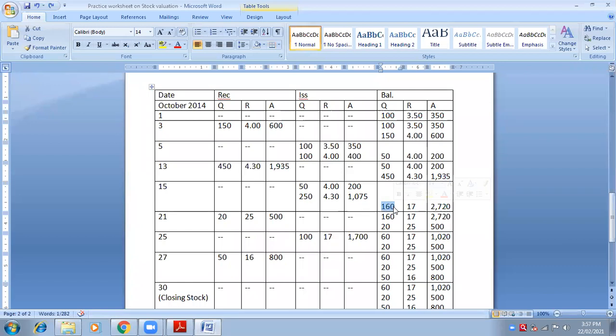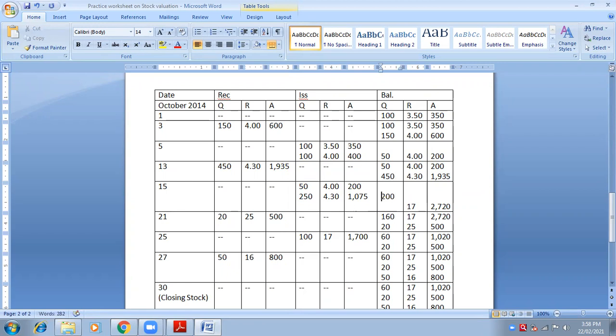Tell me, out of 50, 50 is issued. So you had 50 rupees in your pocket, and 50 rupees is spent. Suppose I'm giving you an example. What is left in your pocket? Ma'am, nil. Yes, nil. So we will not write anything. Now come to the next slot. You had 450. Out of that you spent 250 units. So how many units are left with you? 200 units left. Very good.